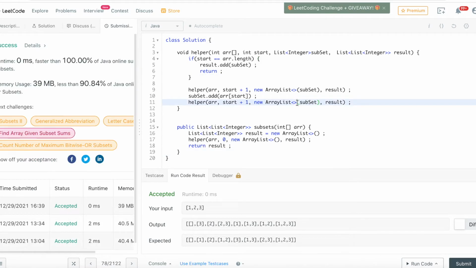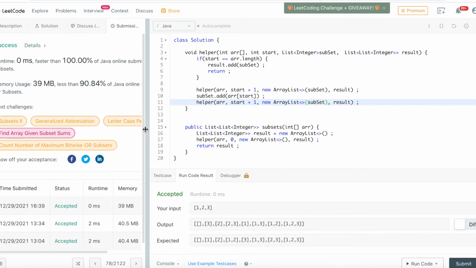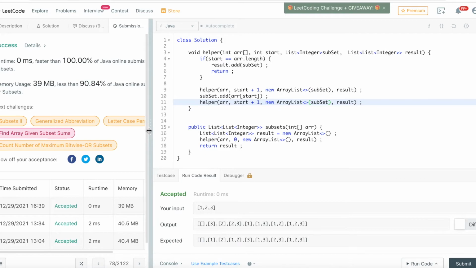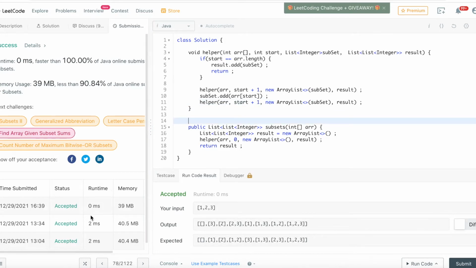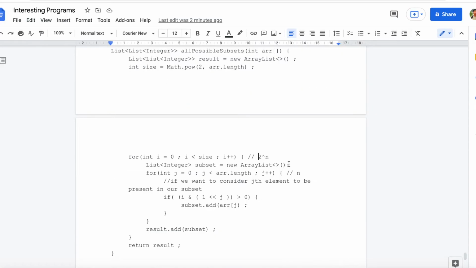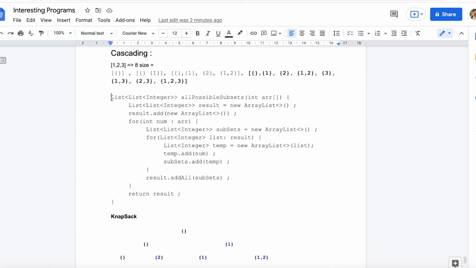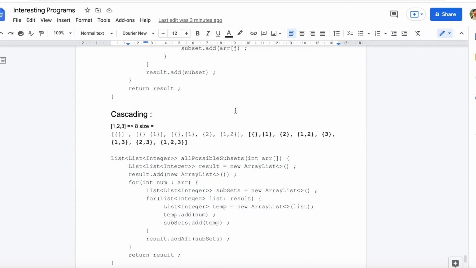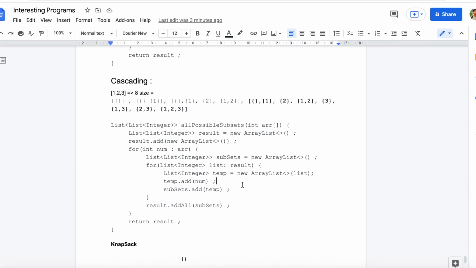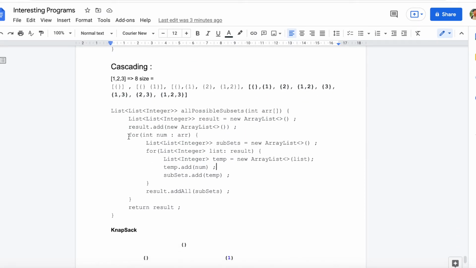Cool. See, I mean this is faster, right? You see this KnapSack approach, this approach is much faster than the iterative approach. So in the first iterative approach it is n into 2 to the power n. In the next iterative approach it should be a little faster than this, even though the time complexity is n into 2 to the power n, because this complete